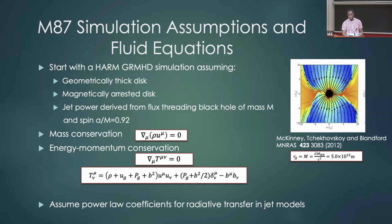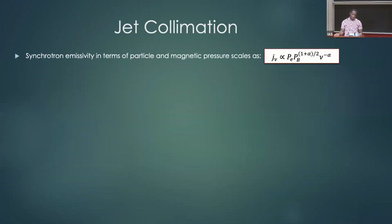In what follows, we're going to be using that simulation with some power law coefficients in radiative transfer to see if we can model the behavior of relativistic jets. The modeling step first involves constructing this synchrotron emissivity function in this mostly optically thin regime. We're going to envision setting the electron pressure, or electron plus positron pressure, but to focus on the simplest models here, the electron pressure is going to be given according to the magnetic bias model, or constant beta_e model, where this PE is going to